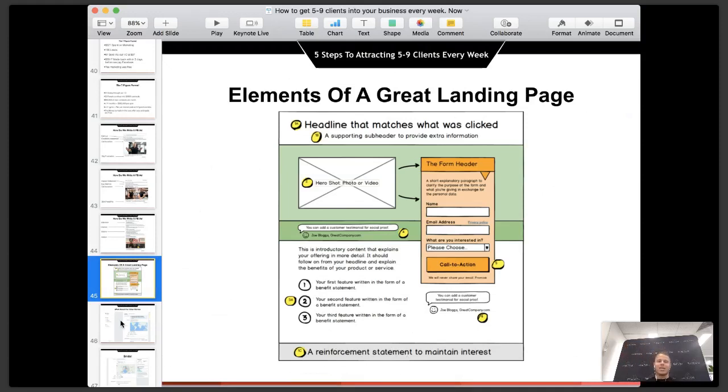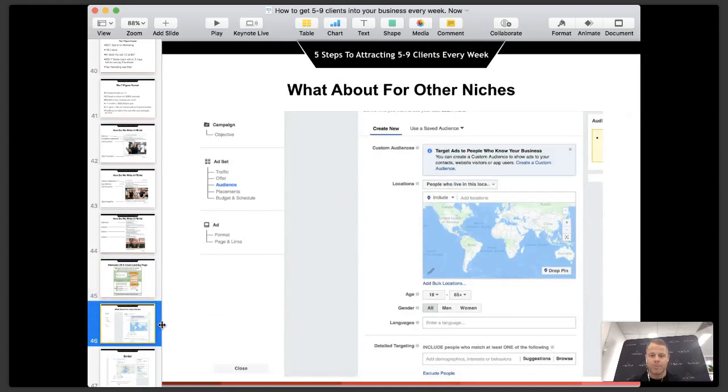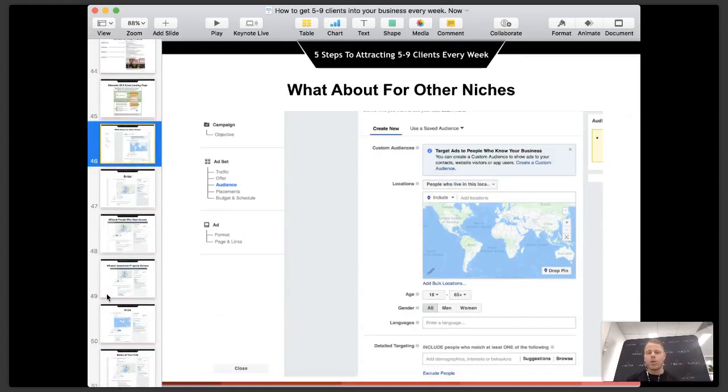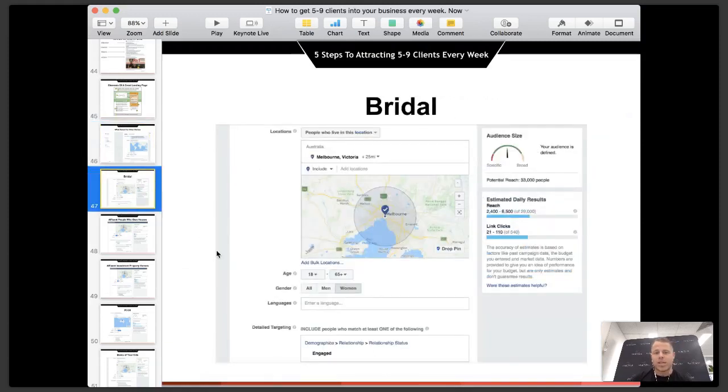And then lastly, guys, how do we target this? Well, this is the ad set manager on Facebook. So when we're looking at our targeting, we're going to go live through this at the end of the webinar. We can go anyone in the world. There's like 2 billion people on Facebook. You know, there's brides on Facebook. In Melbourne right now, there's 33,000 brides currently in Melbourne. What can you market to them? Remember, I said big fish, small pond.